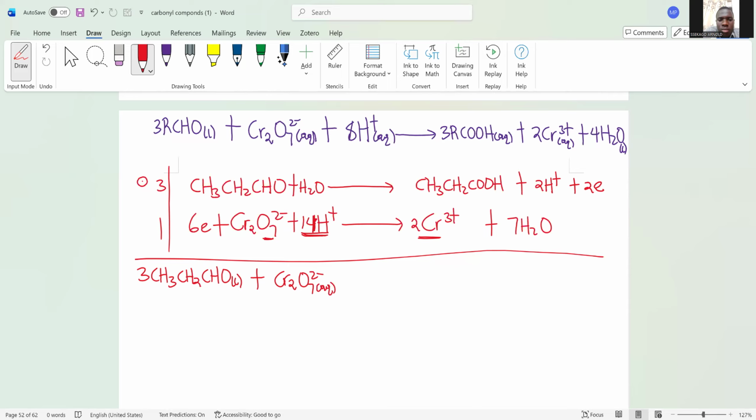Then for hydrogen ions, on the left-hand side I have 14 and on the right-hand side I have 6. So 14 minus 6, we shall have 8 hydrogen ions,